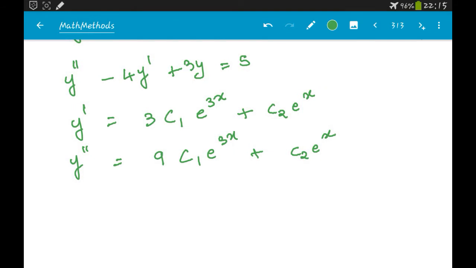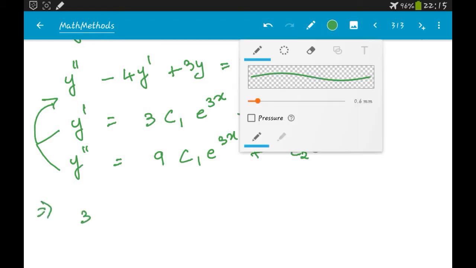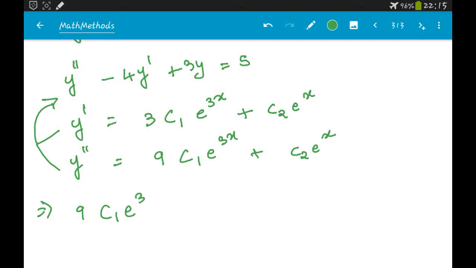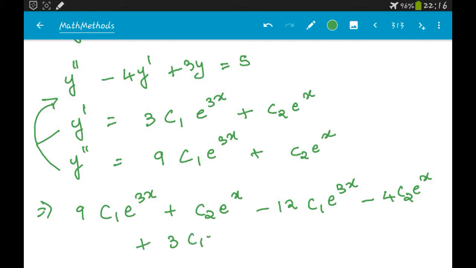So now you can substitute these two in the equation and you will get 9 c1 e power 3x plus c2 e power x minus 12, right, 4 into y dash, so minus 12 c1 e power 3x minus 4 c2 e power x plus 3 times y, so 3 times c1 e power 3x plus 3 times c2 e power x plus 3 into 5 by 3,